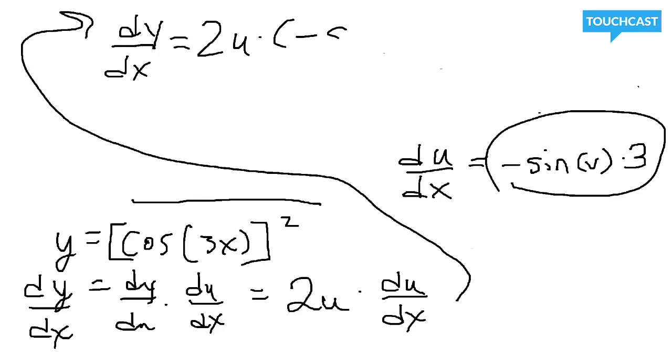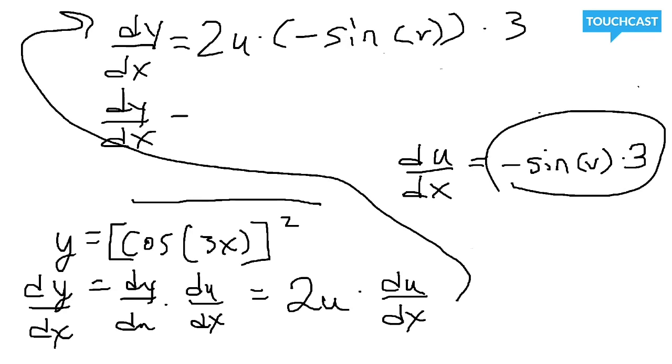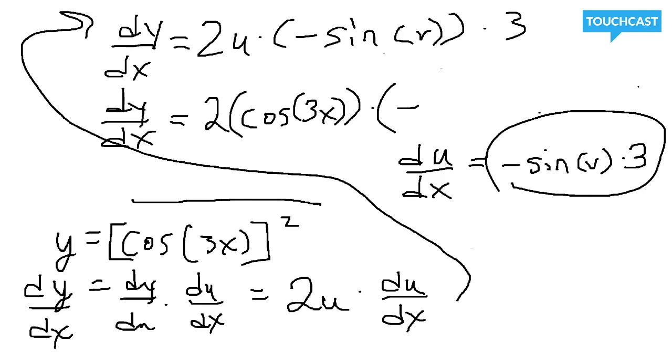So negative sine of v times 3. So dy/dx, 2u, so that's 2 times cosine of 3x, times the negative sine of v, which was 3x,